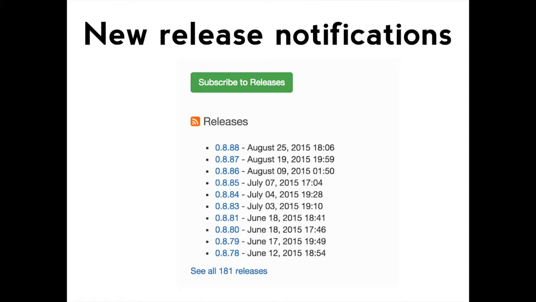And probably the most useful feature is that it has release notifications. As it collects all of these new versions, you can subscribe to say, tell me about new versions of this particular thing. So for example, Express or Johnny 5, I can just say, send me an email when there's a new version published, or subscribe to the RSS feed. There's an RSS feed of every release, as well as being able to click back through any particular release and look at the information and the README for that particular version.